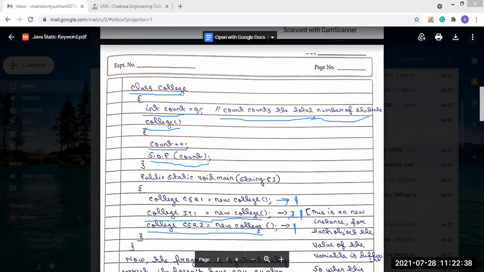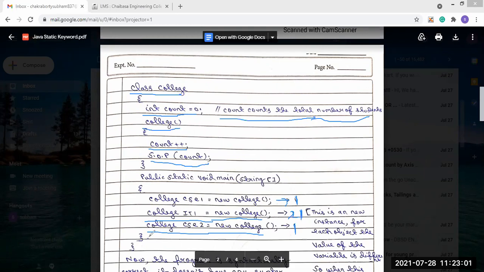Then it goes inside the constructor, and count plus plus increments it, and it becomes 1.